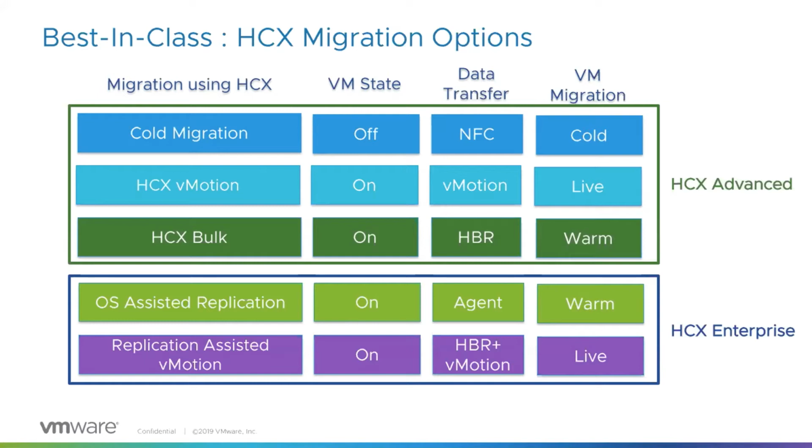Now in the bulk migration, of course, the virtual machine has to be powered on. During this time, it uses vSphere replication as a mechanism to replicate the virtual machine. And the cutover is warm, which means that during the time of the cutover, the virtual machine on the target will be powered on. It will be sort of rebooted. But the sequence that it follows is, when an administrator is doing a bulk migration, they have two options. Either they can say that as soon as the data synchronization completes, the VM can cut over,